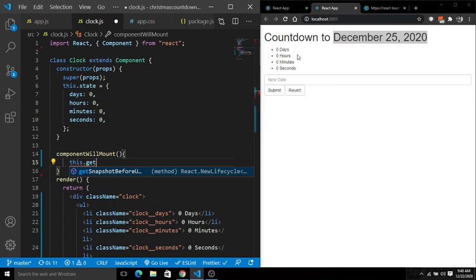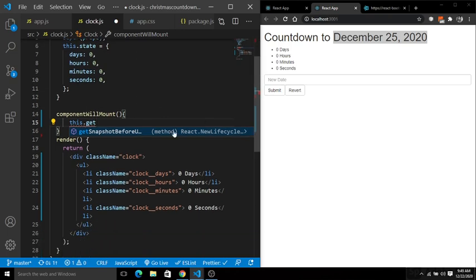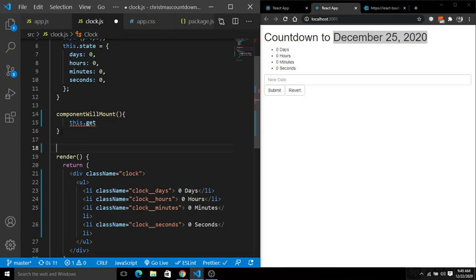Basically we have a deadline and we have to create a countdown till that date. So for this I am going to create another function. Let's create the function getTimeUntil. Here we have to simply pass the deadline.